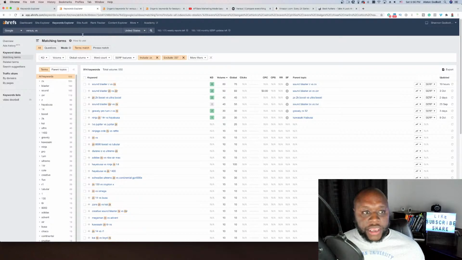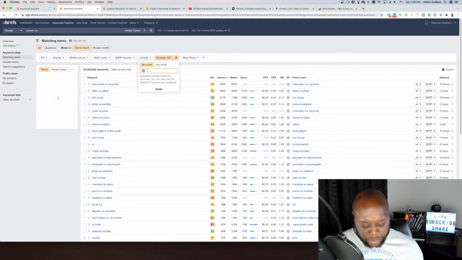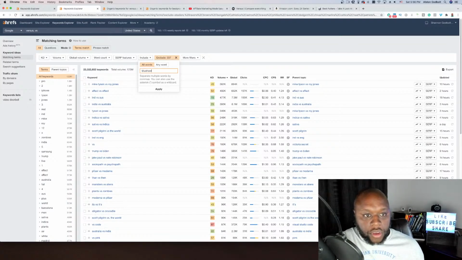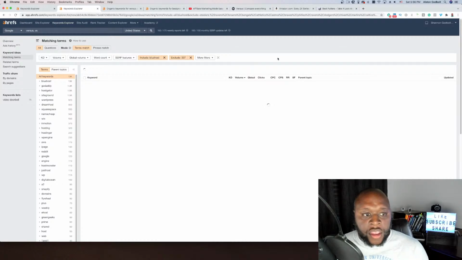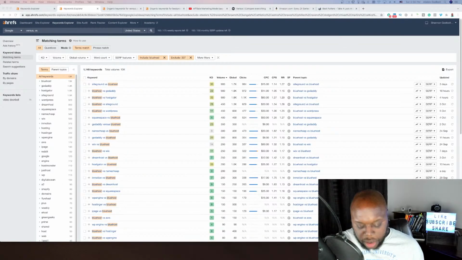I know people want to get into web hosting, so we could do Bluehost, like that. And I'll actually show you another example of how this works. All right, so we did SiteGround versus Bluehost. That gets 10,000 monthly searches. There's 1,000 keywords here, and you can see Bluehost versus GoDaddy, Bluehost versus Hostinger or HostGator.